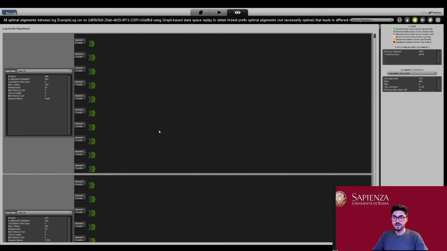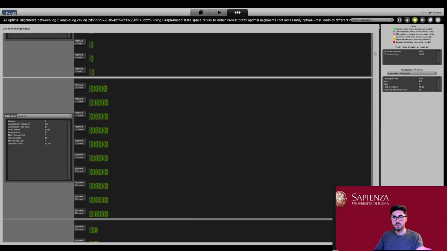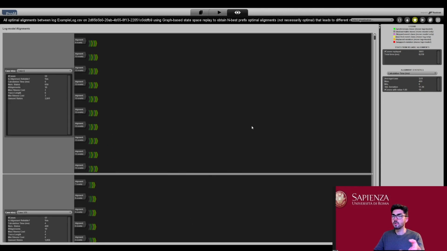So as we said previously, not every model is the same, and while we apply process discovery, we can find a lot of models for the same log, and some of them may be more fitting than others, and we have those 4 quality criteria that need to be, let's say, optimized in a compromise between them. And here we can see which are the traces that fit the best in the model that we discovered. So the traces that basically were used the most to build the model, let's say like that.